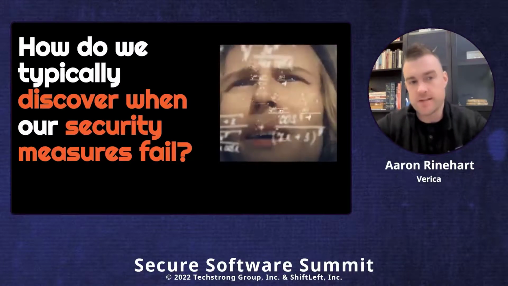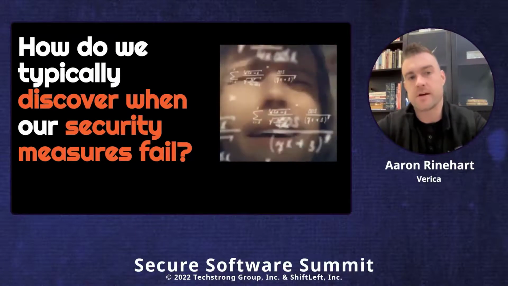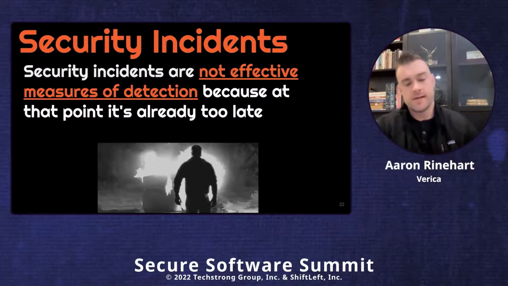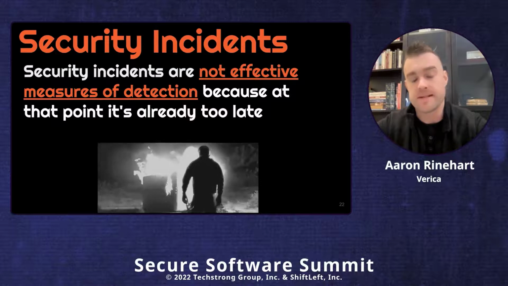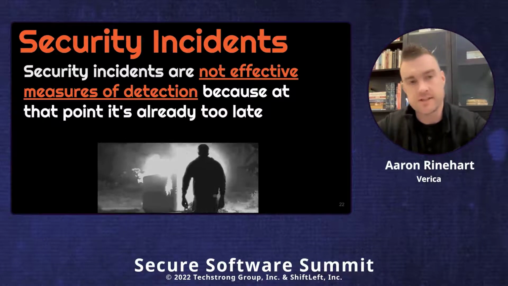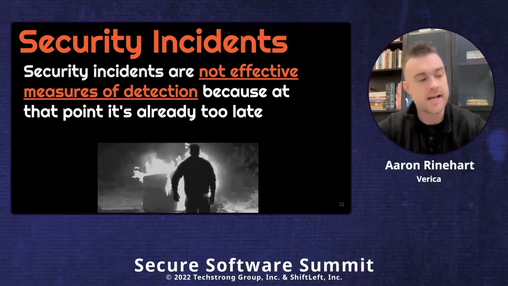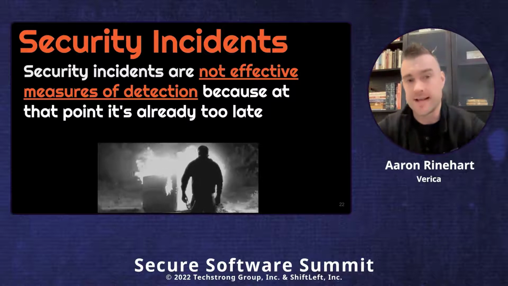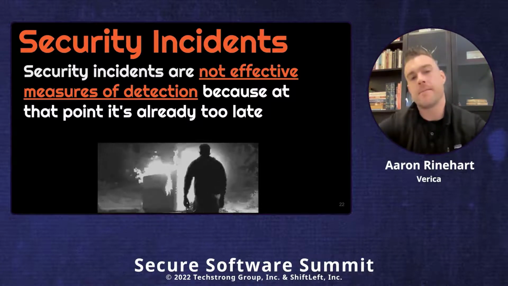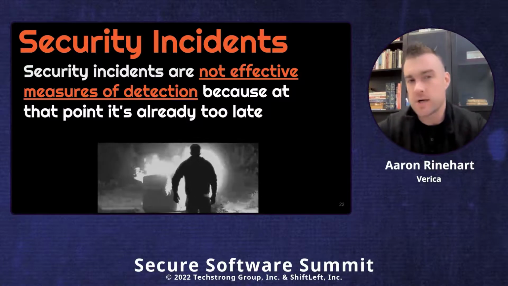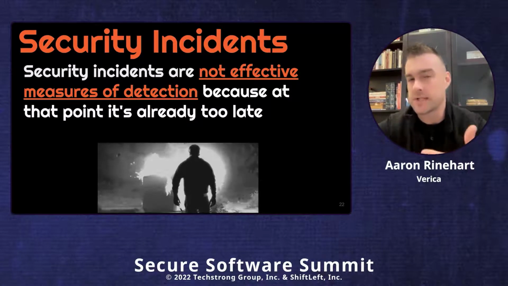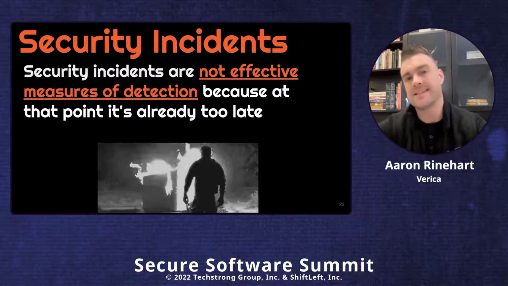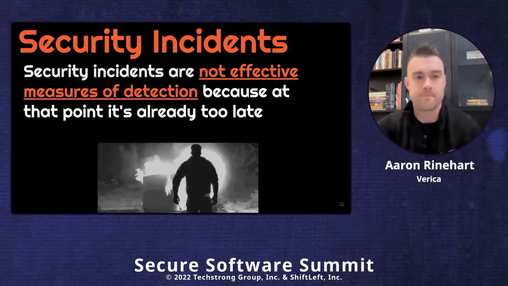So how do we typically discover when our security measures fail? Well, typically we discover when security fails during a security incident. Some sort of security incident is launched as a result of either some sort of footstep in the sand, meaning a log event, a stack trace, or some kind of alert, some observability types of events that tell us what's going on inside the system through its external outputs. But the problem is, by the time we usually discover the security incident, it's kind of already too late in the life cycle to really do a whole lot about it. We need to be more proactive, at least in terms of the things we can control about the system.